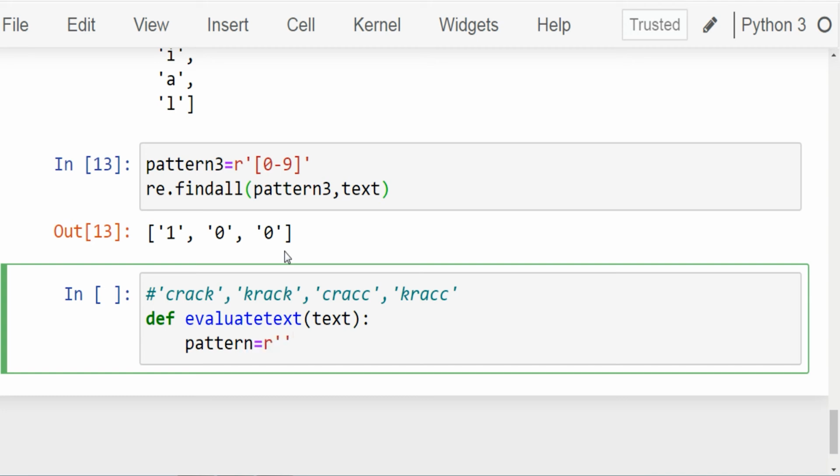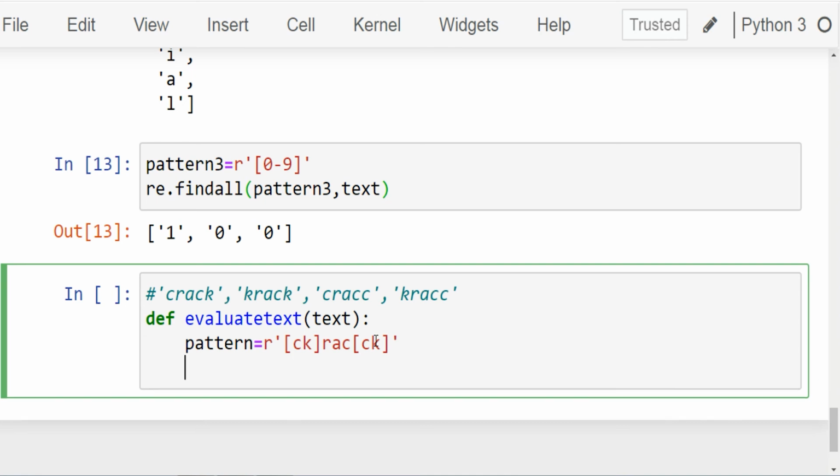The pattern will start with a character class with C and K, followed by R, A and C, and then another character class which again has C and K. See that C and K within the character class will match either C or K, then the pattern will match R, A and C, and at last C and K within the character class will match either C or K.